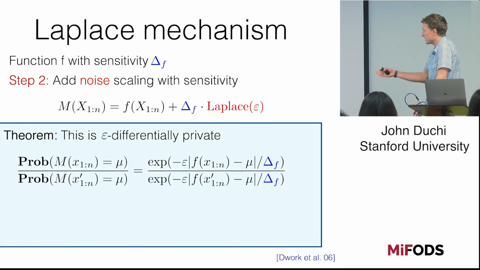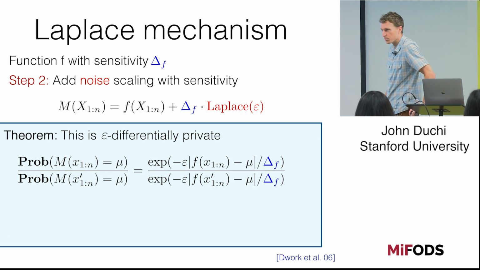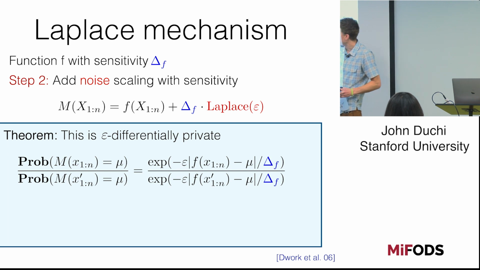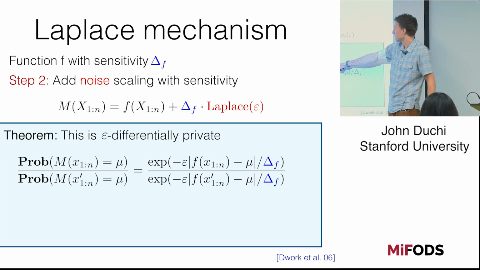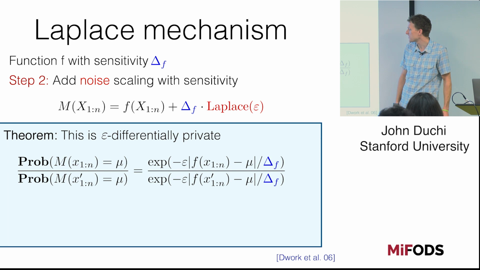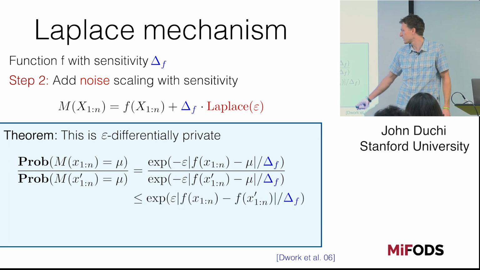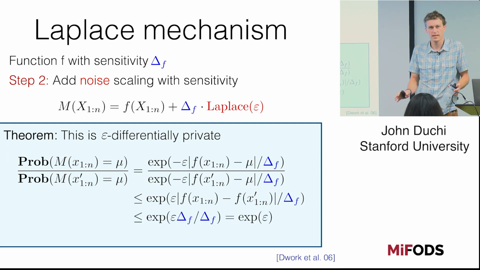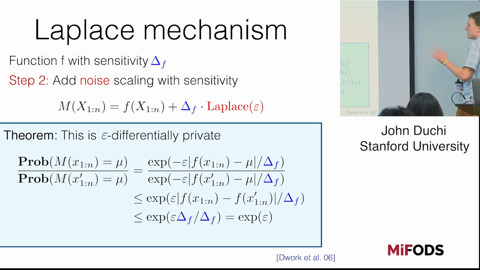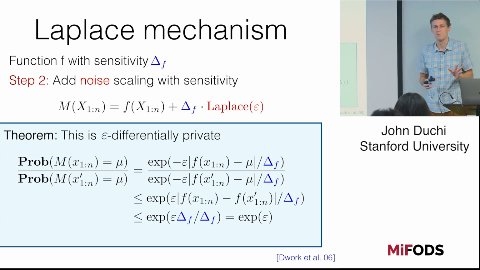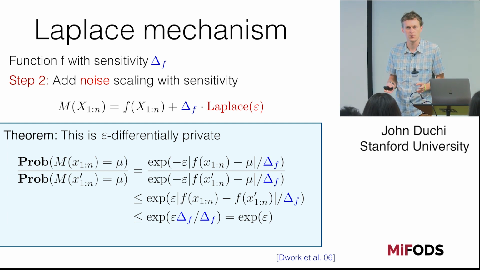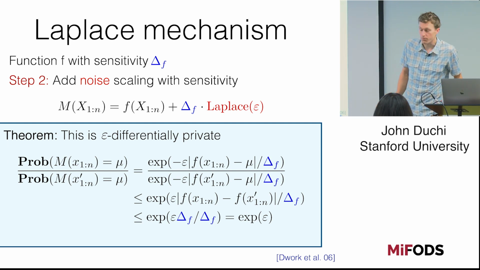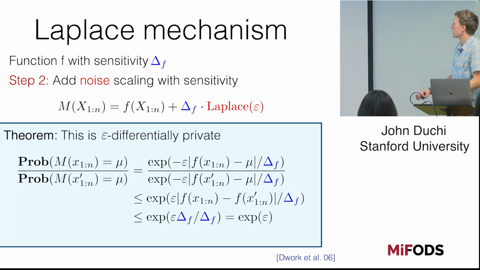All right, and then of course, you can fairly straightforwardly just prove that this is an epsilon differentially private scheme by just saying, okay, well, the probability that my mechanism outputs mu, well, that's equal to the ratio of the densities divided by their sensitivity. We just go through this. Well, the most this is going to change is delta f, and then I get e to the epsilon. Okay, just a quick 3-line argument. You get that this is a differentially private scheme anytime you can give a bound on how sensitive your functions are to changes of one person in your data set. Okay. All right, so that's the Laplace mechanism.